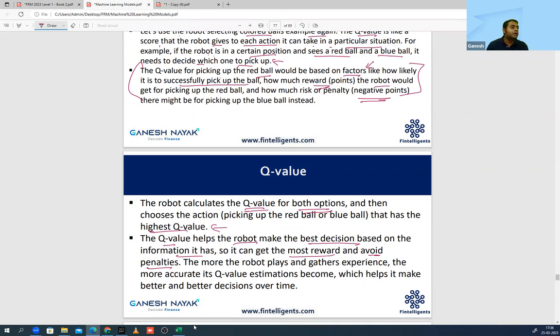The same thing is going to happen to you in the exam. When you're in front of a question, you don't know what the answer is. You'll pick A, B, C, D. If you pick the right one, you get a reward, otherwise a penalty. The same thing might have happened when you were solving the question bank, so you trained on it and chose the right answer in the exam.